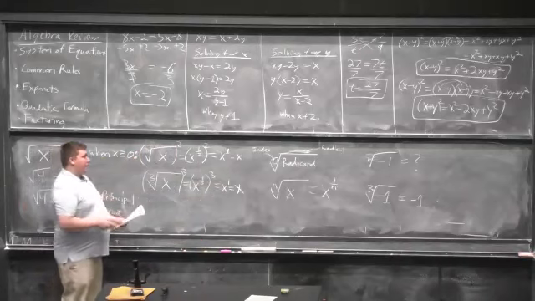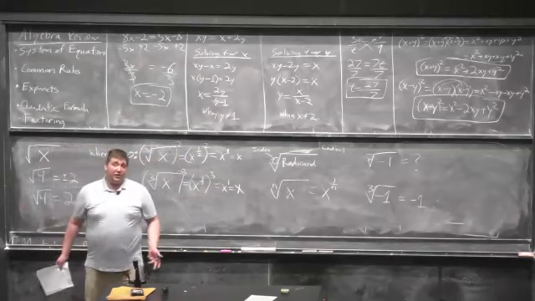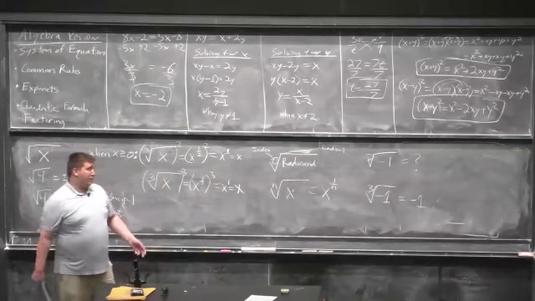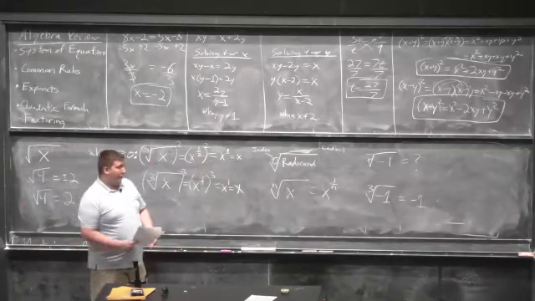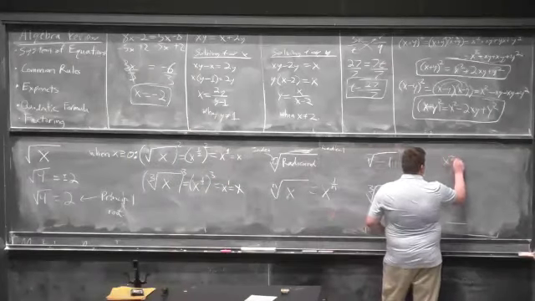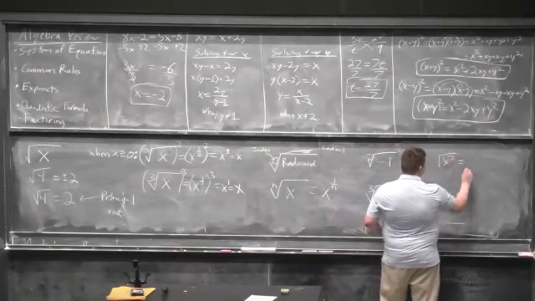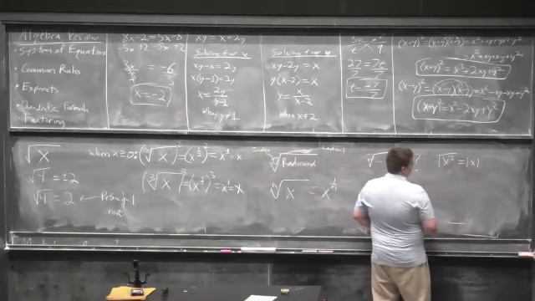If I flipped it around and I squared it first, then I make sure that I don't have a negative number, and then I square root it, I'm going to get the absolute value of x. So if I see x squared and I take the square root, I get the absolute value of x,